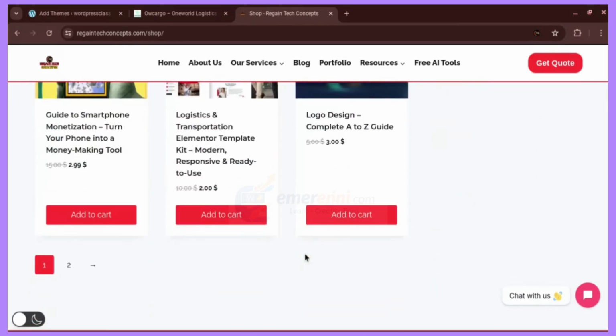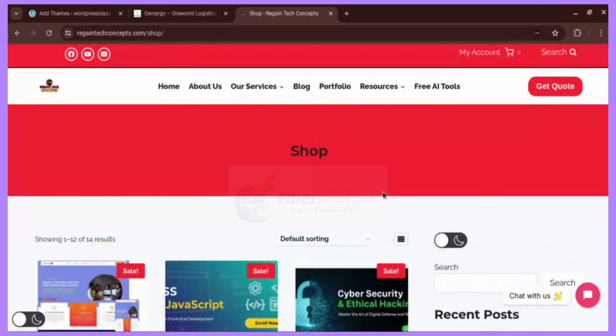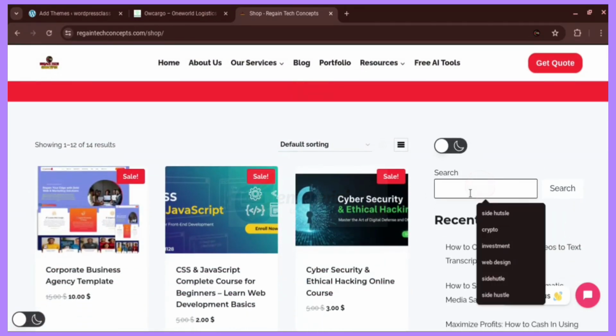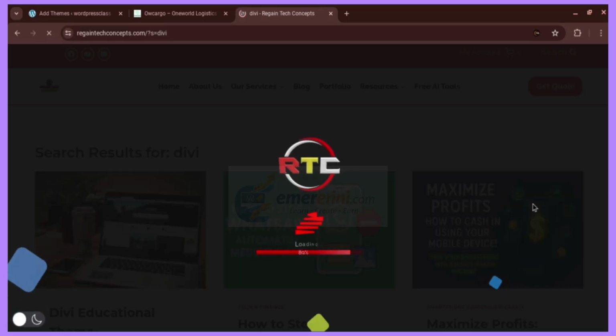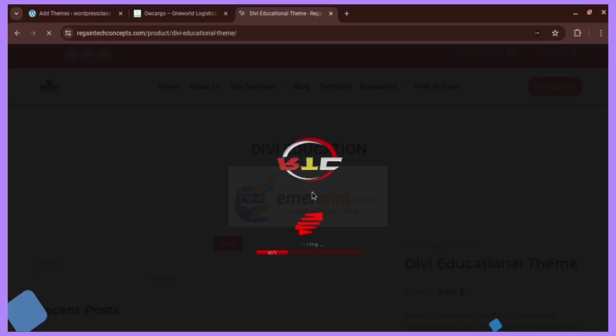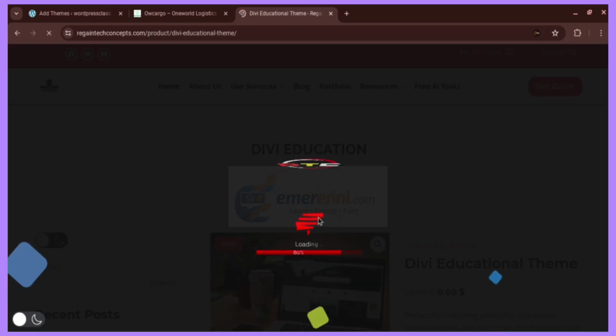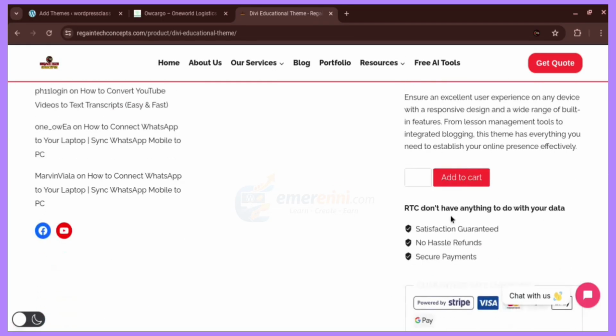Let's search for one theme. Let's type Divi and search. So this is the Divi educational theme. So if you download a theme like this,